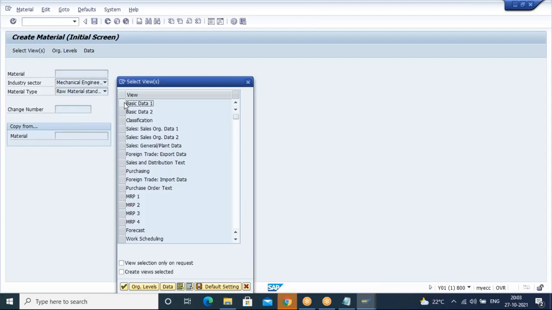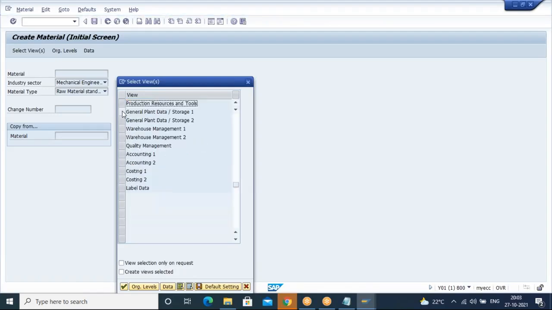So now select what are all the views that you want to create. As I said, as an MM consultant, we are going to select the basic data one, and then the purchasing view, and then plant data slash storage location, and then accounting one view. Now here, if you click on this org levels, we are going to enter the plant and storage location